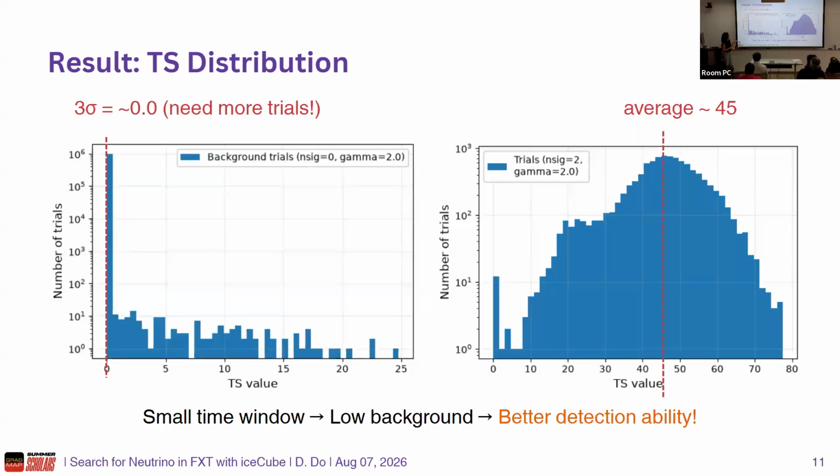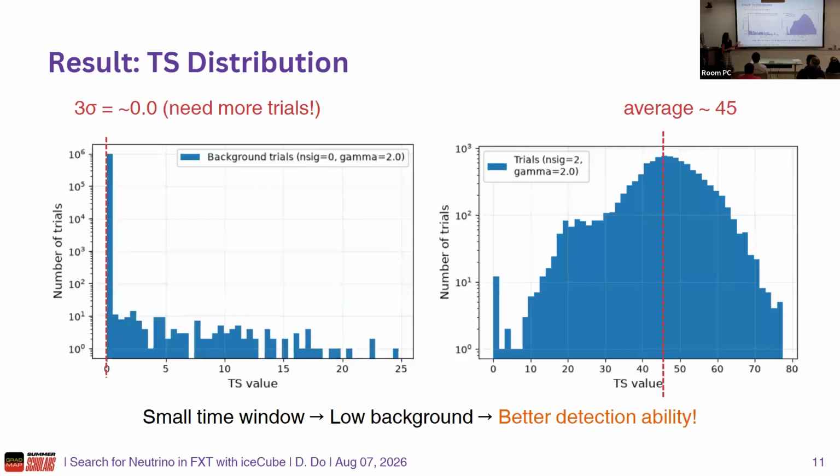On this side, you can see we run 1 million trials for this one, and nearly 1 million trials give the TS value of 0. The 3 sigma level is where 99.9% of the data also fall on the left, also are 0, which is really nice because when there's no signal,